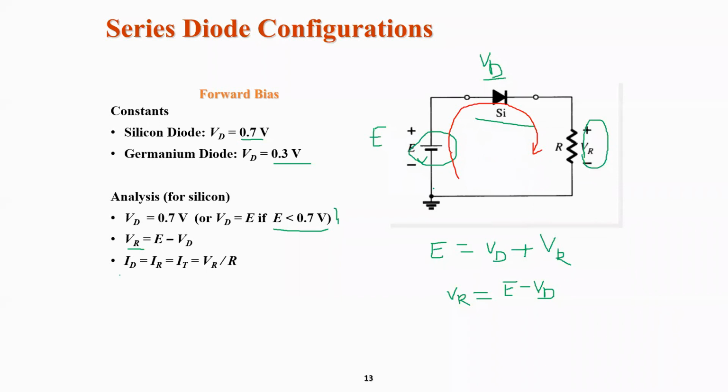Okay. So what is the current? If we measure the current inside the diode, that is ID. And if we look for the current across resistance, that is IR. So these two currents are the same. So other way of measuring the current is your voltage across resistance divided by the value of the resistance. So this is how you can go for series diode configuration. So suppose you are applying 5 volts here, then what is the voltage here?